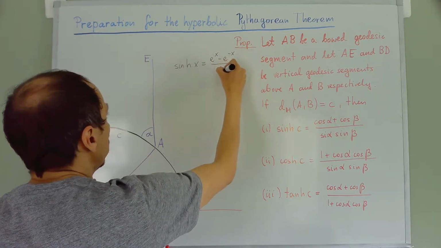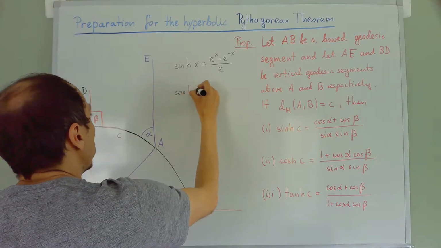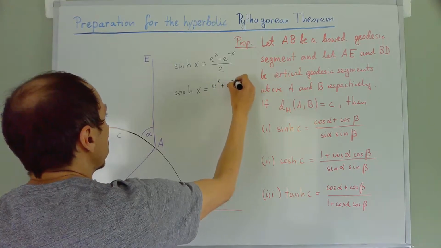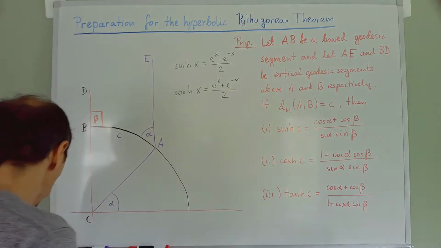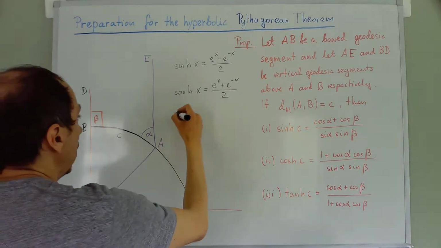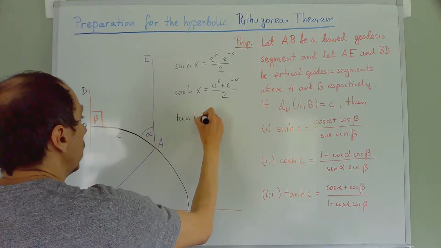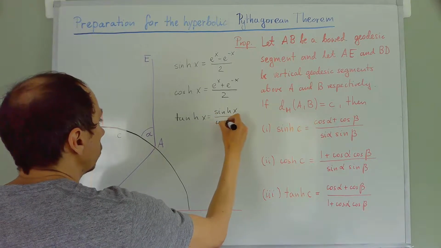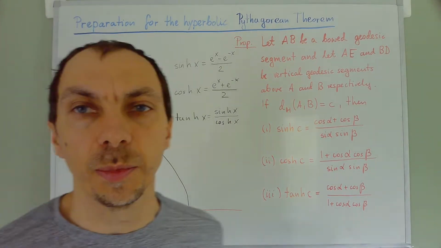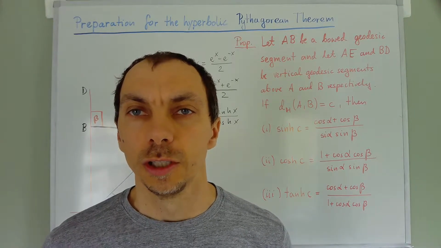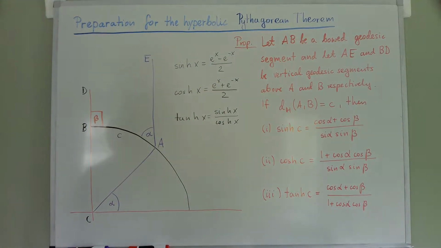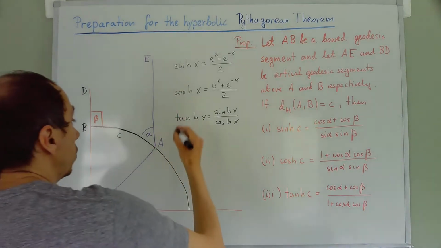the minus x over 2, while the hyperbolic cosine is e to the x plus e to the minus x over 2. And then the hyperbolic tangent is just the hyperbolic sine over the hyperbolic cosine. You will see that the hyperbolic functions actually play a similar role to the standard trigonometric functions when we talk about the hyperbolic plane. So it's actually very easy, I'll leave it to you to see what happens when